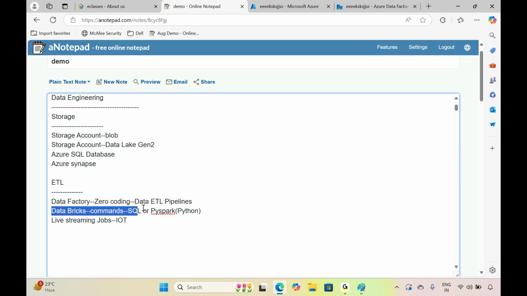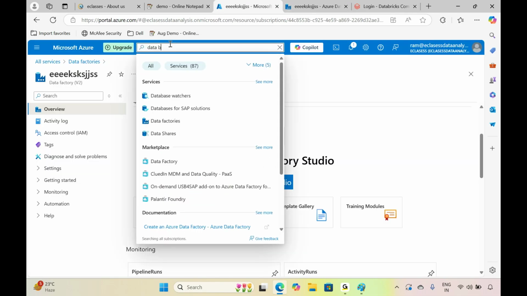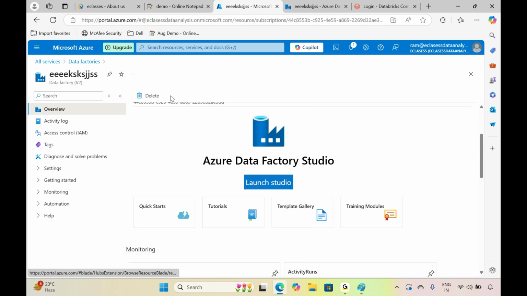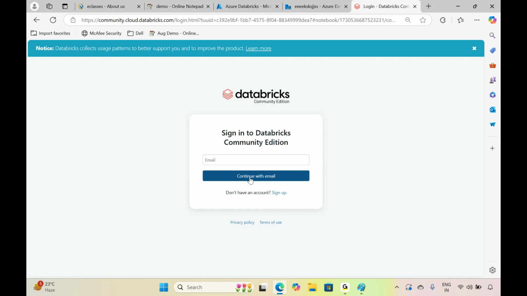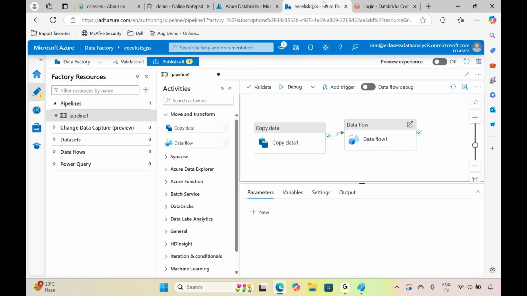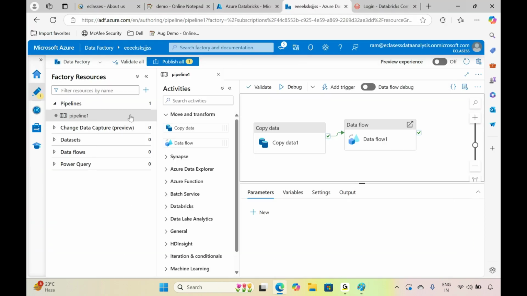If you want something similar like Databricks, then simply go to Databricks over here. See, there is Azure Databricks. You need to create this Azure Databricks, and then you need to open that one. Once you are logging inside with the email address, you can write some commands inside, that is Databricks. These tools we are using mostly for data processing from one place to another place. Data processing tools. Okay, finally to store your data, there are different kinds of services available.